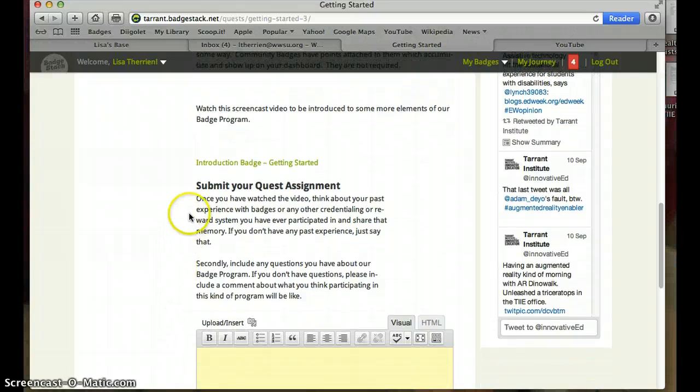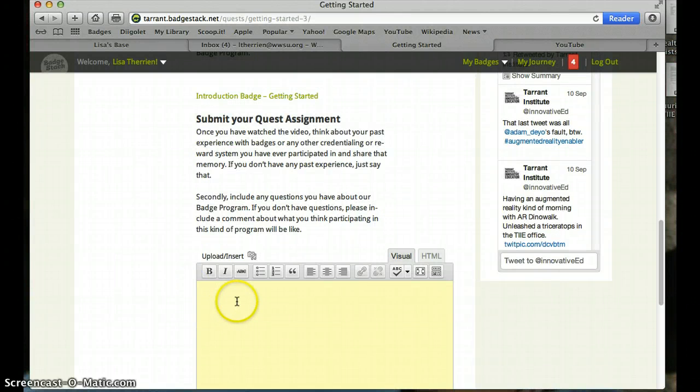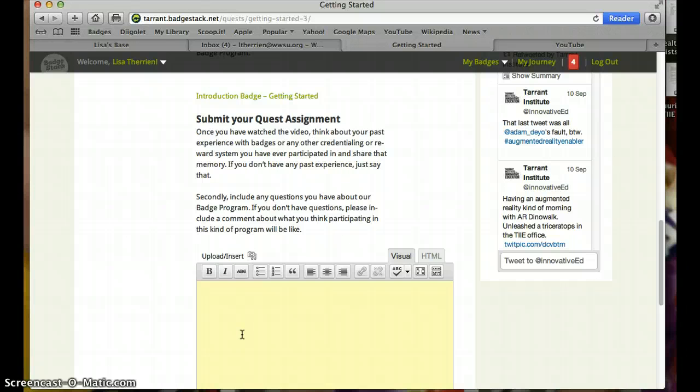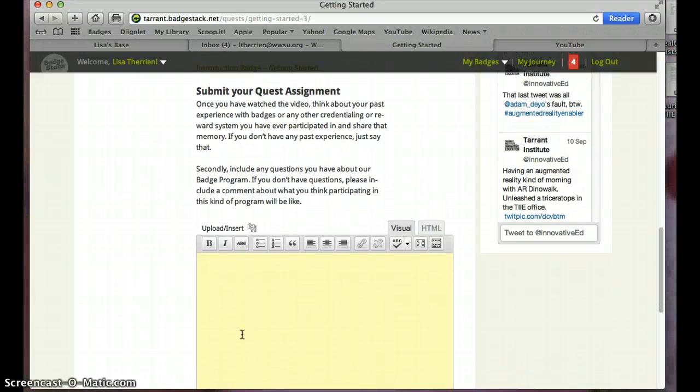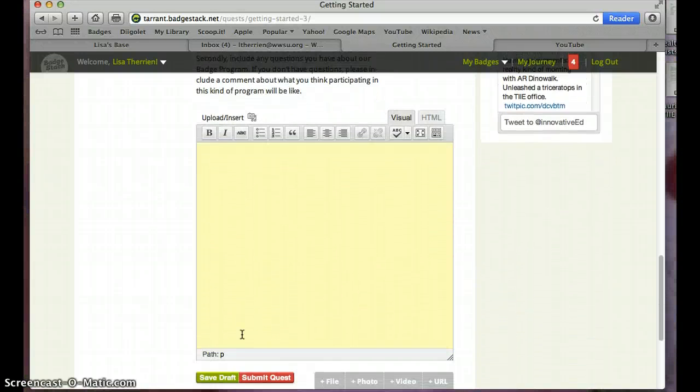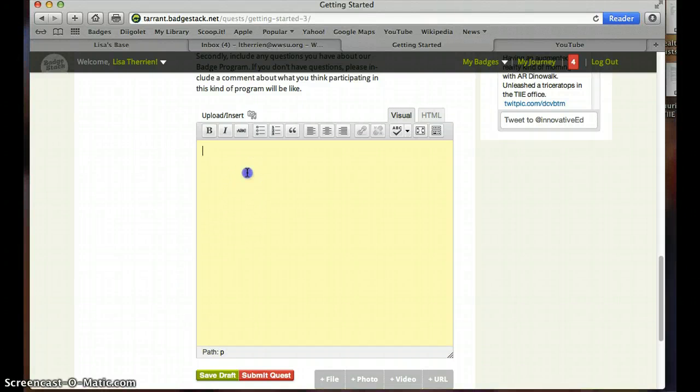Under Submit Your Quest Assignment, this is what tells you exactly what's going to go in this submission box, this yellow space down here. And that will vary depending on what the quest itself is. It may be take a picture. In this case, it's add a few comments about some things, whatever that may be. When you're ready to do that, you just click in the submission box, and you can start typing like a regular text box and